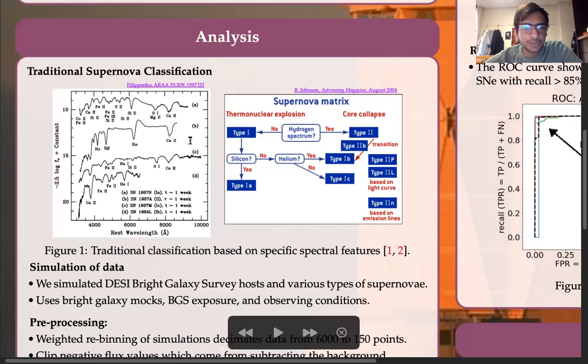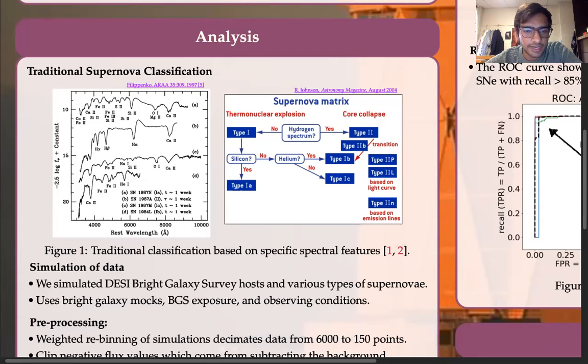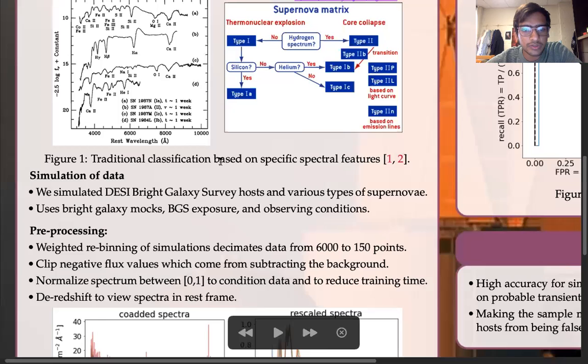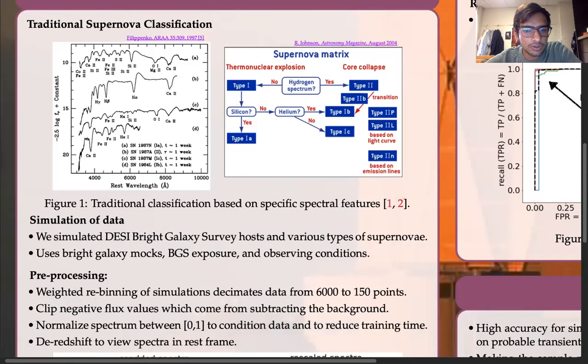Traditionally, the way we identify supernovae is we look at specific features. For example, when you're talking about type Ia, you would look at the silicon peaks, right? However, the problem with this method is, one, it's computationally very expensive. Second, if the noise in the data is very high, so this is the sort of data we have, it's very hard to see these features. So what we are doing differently from the traditional practice is asking the network to pick up the features which it thinks are important, and then train on them. So we are letting the network essentially do the work.